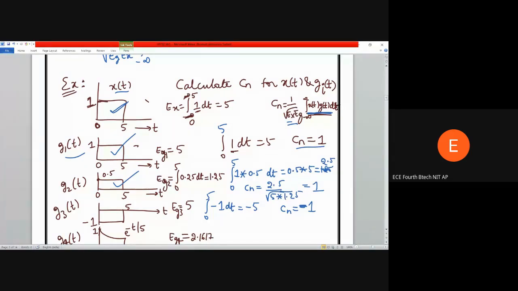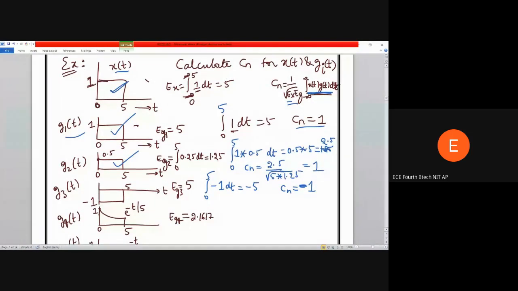And we call that highly dissimilar. So in that context, I can say that the signal x of t and g3 of t are highly dissimilar. Now, if I try to calculate the correlation coefficient for g4 of t,